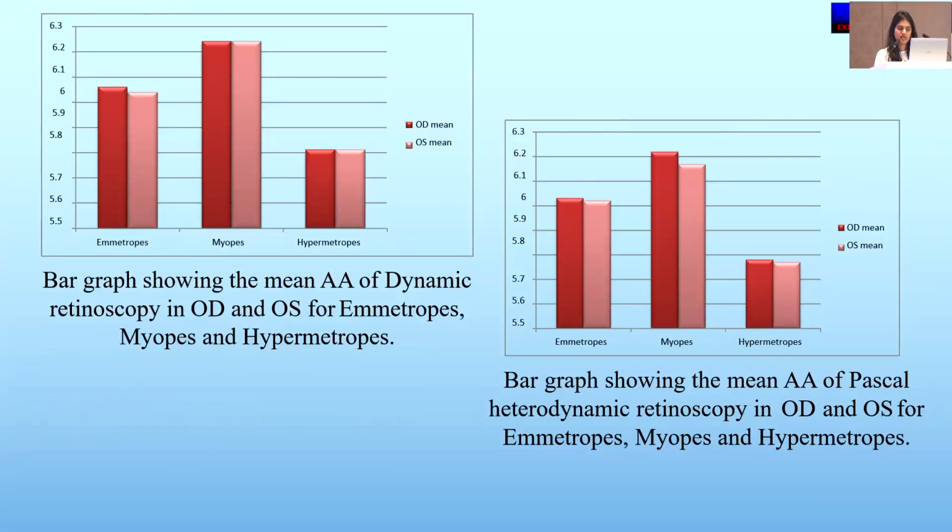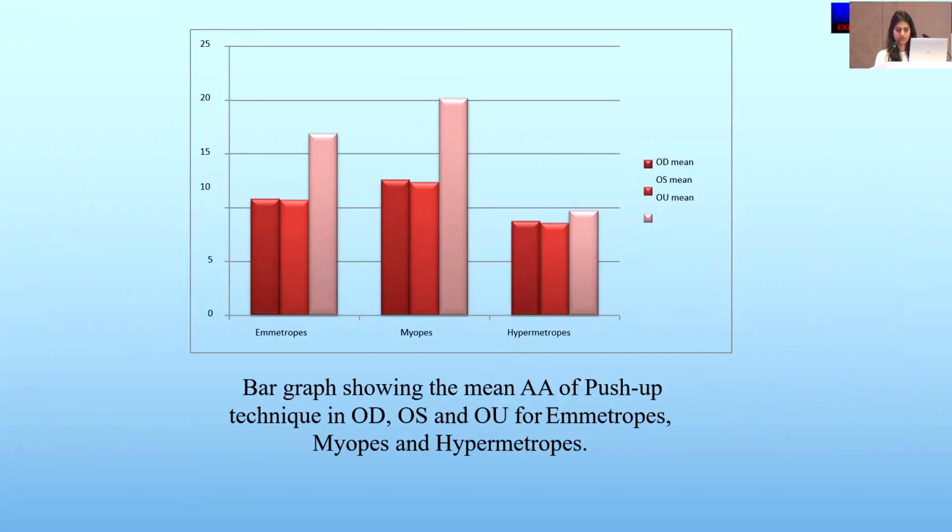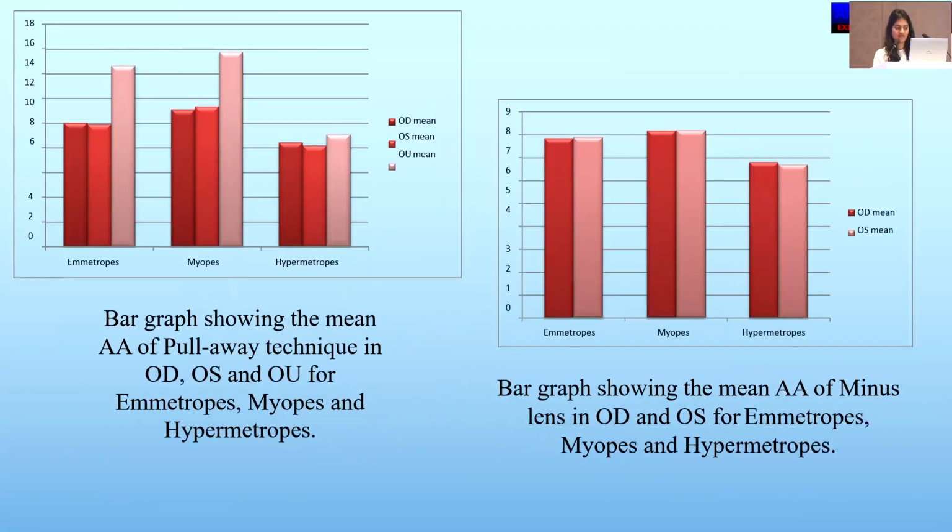This shows that myopes have higher mean values, then come the emmetropes and hypermetropes, for dynamic retinoscopy. And the second one shows Pascal heterodynamic retinoscopy. This also shows myopes having higher mean values than emmetropes and hypermetropes. This bar graph shows the push-up technique, which also shows myopes having higher mean values than emmetropes and hypermetropes. This shows the pull-away technique, where myopes are higher than emmetropes and hypermetropes. And the second one shows the minus lens technique, where the myopes again are showing higher values than